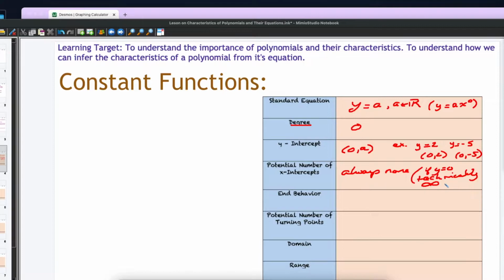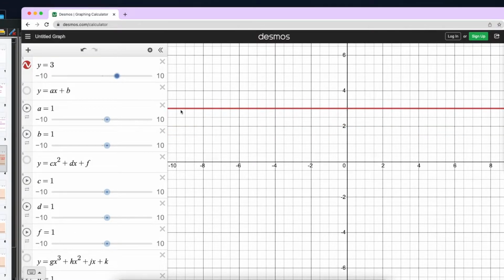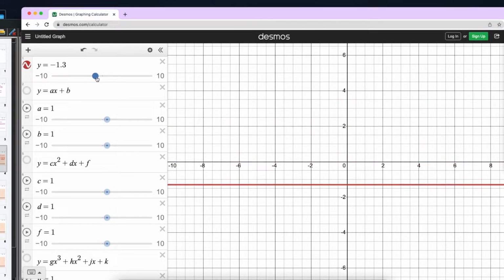Technically, there are infinite x-intercepts. That's a very unique case. Okay. In terms of the end behavior, if we look at it, if the value of a is positive, so if we go up to y equals 3, for example, its end behavior is moving from quadrant 2 to quadrant 1. And if that a value becomes negative, so if we move down here, it's going from